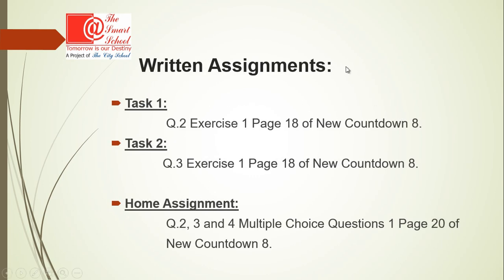Your written tasks are task number 1, question number 2, exercise 1, page 18 of New Countdown 8. Task 2 is question number 3, exercise 1, page 18 of New Countdown 8. Now your home assignment is question number 2, 3 and 4, multiple choice questions 1, page 20 of New Countdown 8. Now remember students, task 1 and 2 you will complete just after this lesson, but for home assignment you are free to do